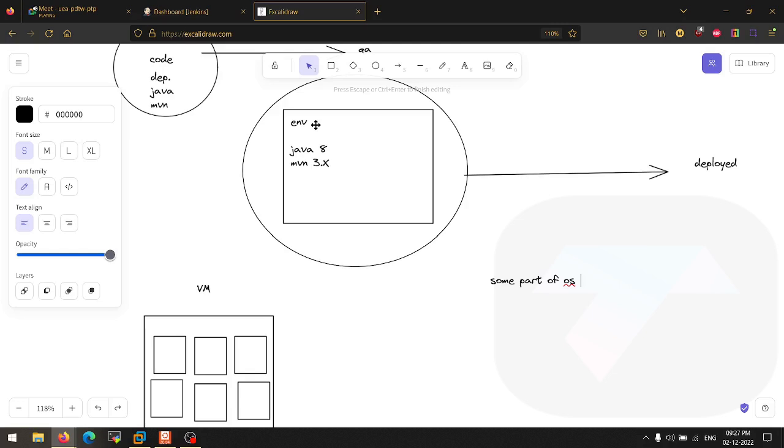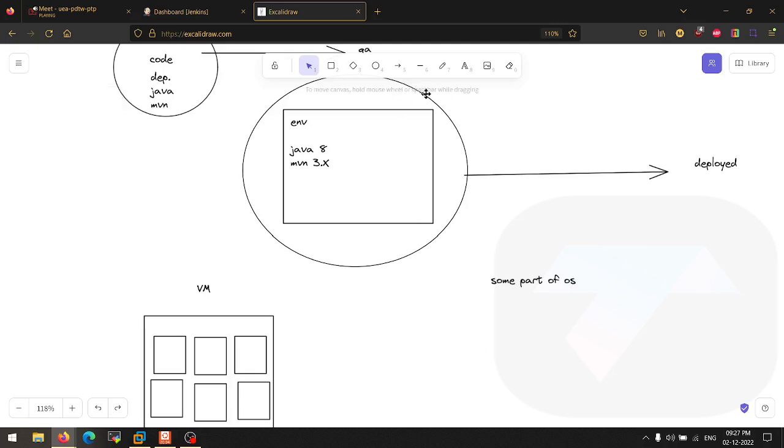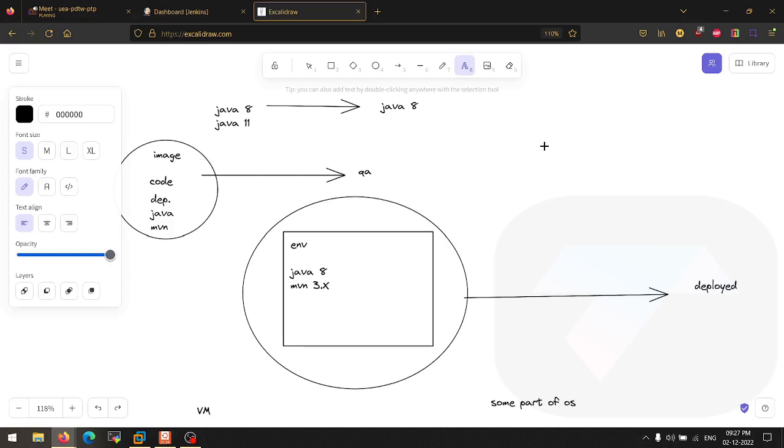Or if you guys know about the security points, in the security trainings, what we usually do, we use the sandbox environment. You guys know about the sandbox environment?